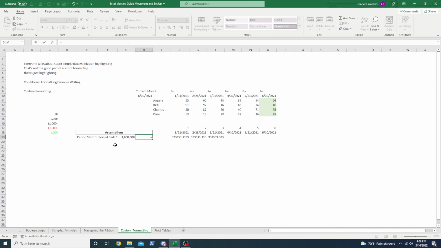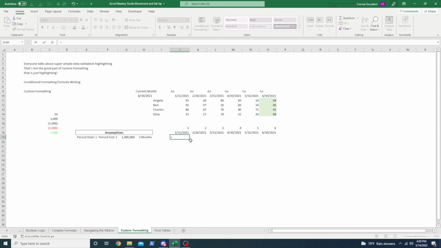So what we can do is we can say, how long is it? Well, how long it is: this minus this plus 1, which is 3. Okay, so we could change this to 5, we could change this to 4, change this back to 3. Okay, now this is kind of becoming modeling, but you can see how this custom formatting can come in very handily. So now let's make this even better. So we're going to do, okay, equals,